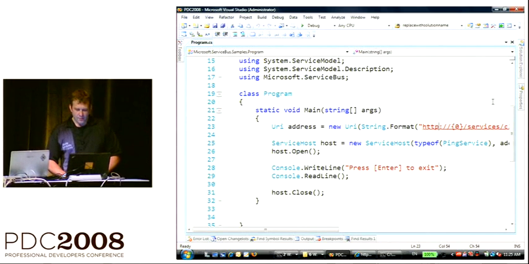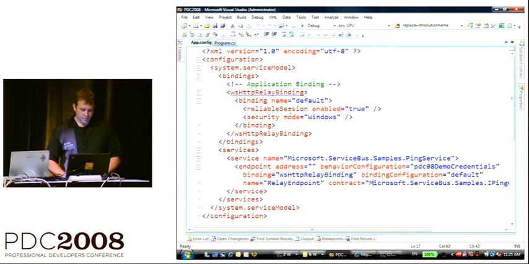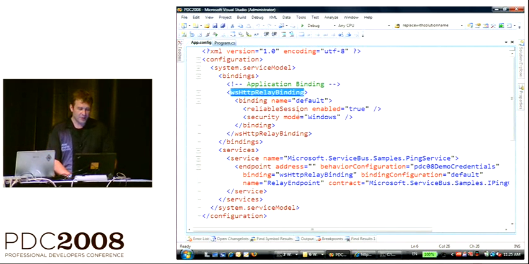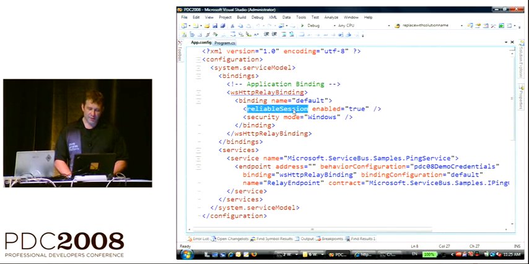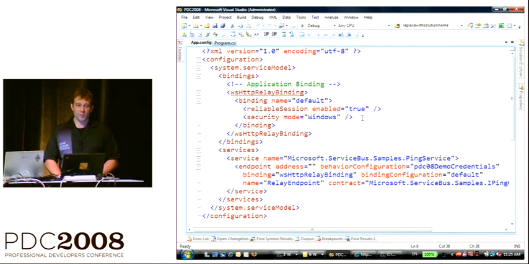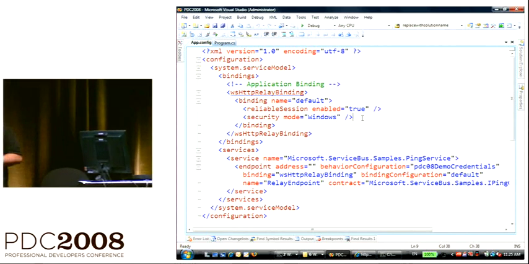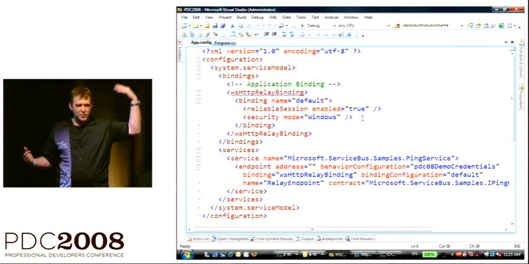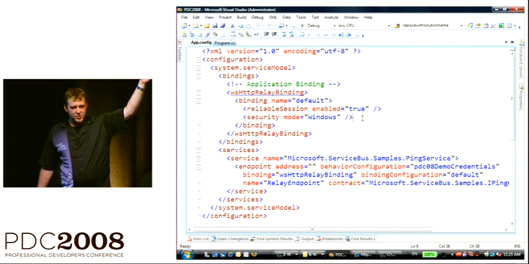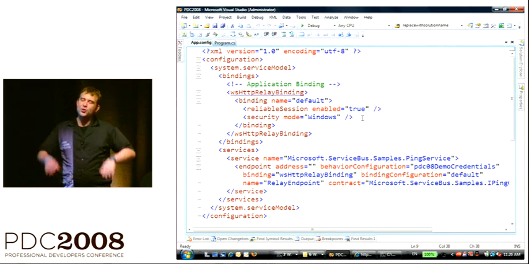And then the way to enable this, actually, is you go and use the WSHttpRelayBinding. In this particular case here, I have reliable session enabled, and I'm using just a normal Windows security mode. What that means is that I can actually use Windows credentials for the end-to-end security, which is kind of funny. What you usually would do, with cached domain credentials you have on your machine, you can actually go and use a service that sits in your corporate perimeter that's AD integrated. Usually you wouldn't do it that way.